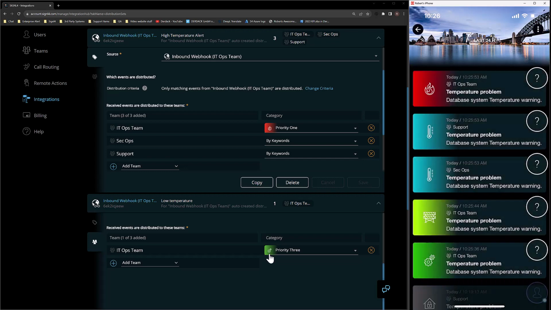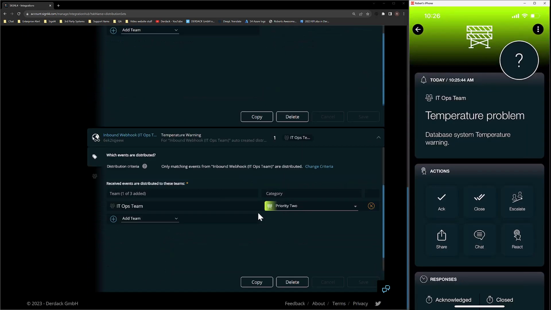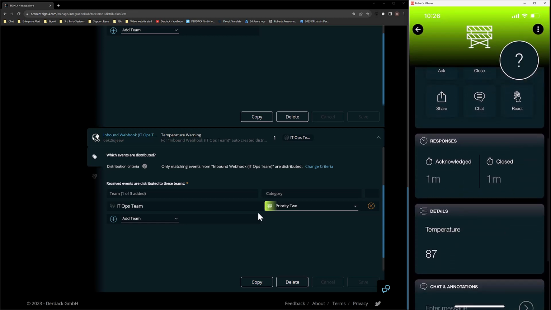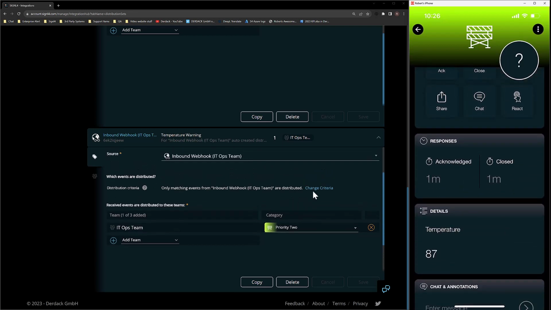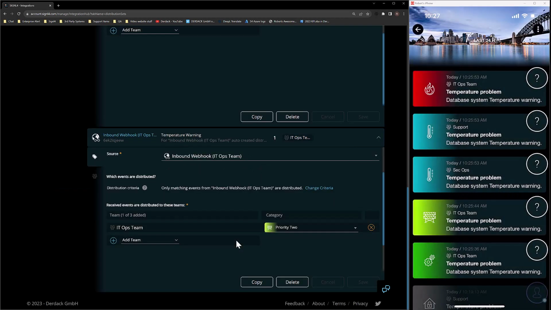Now if I go back again to my second one, on this one, you'll see here that we hit the temperature problem, so we hit the yellow priority 2 category, and if I scroll down, that's because my temperature is 87, which means we're in the middle of the 69 to 99. Finally, I got 3 alerts up here